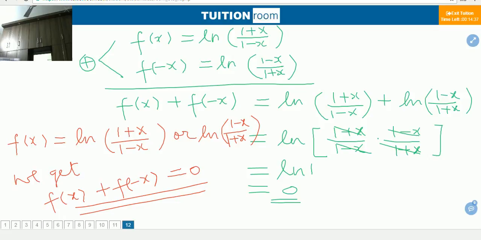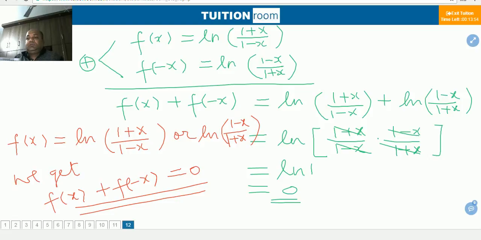Okay. Now guys, I would like to prove the formula which I have told you. I want to prove that the integral from minus a to plus a of f(x) dx equals the integral from 0 to a of [f(x) plus f(-x)] dx. I am going to prove this formula. Consider the right hand side, the integral from 0 to a of f(x) plus f(-x).